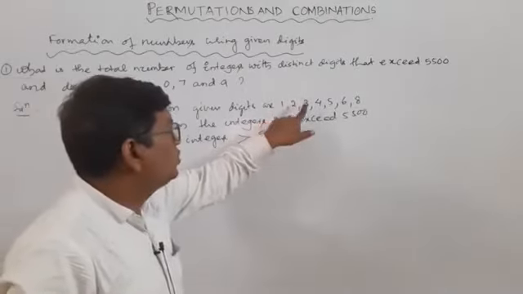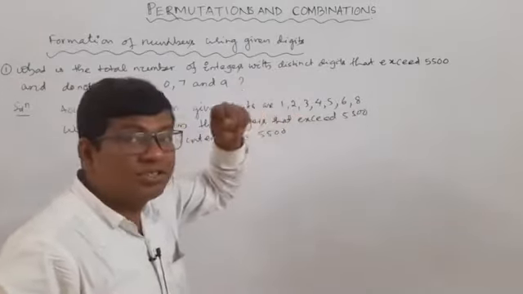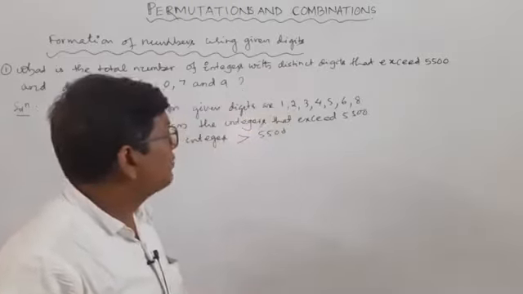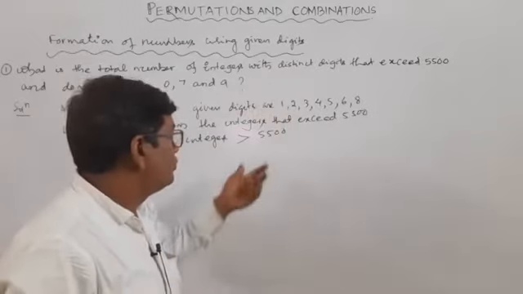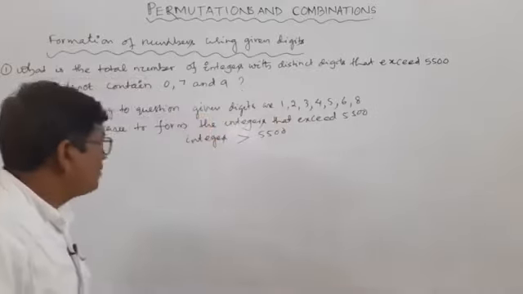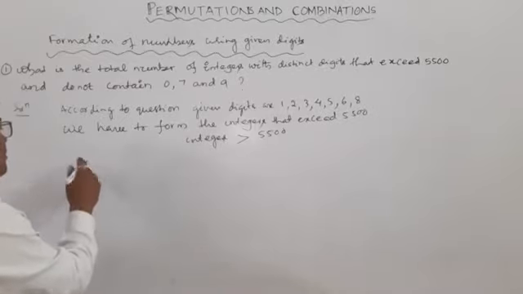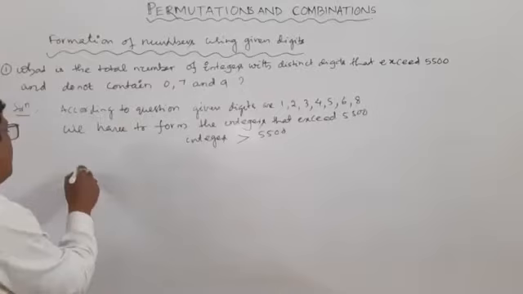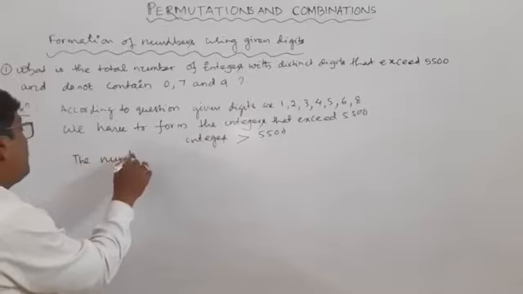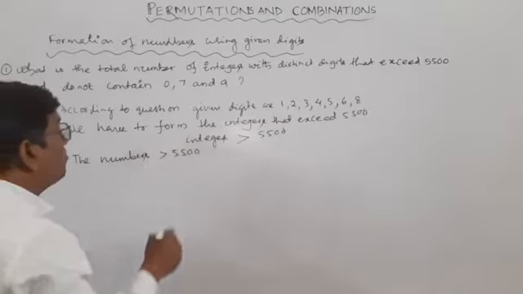1, 2, 3, 4, 5, 6, 7. The number of digits is 7. We have to form all the numbers greater than 5500, using all the distinct digits, that is, the integers or numbers greater than 5500 may be